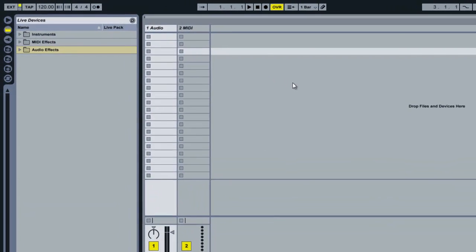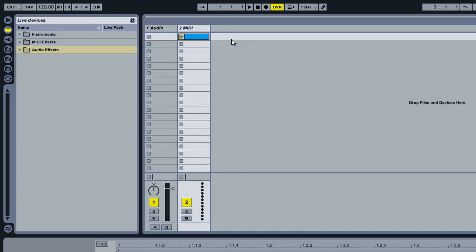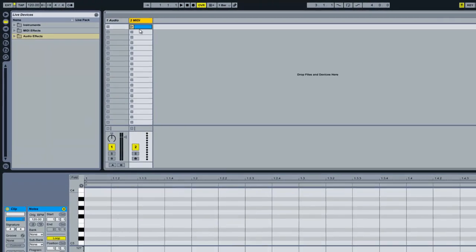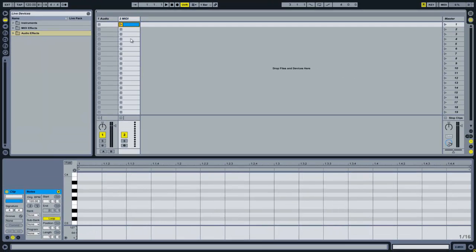So what we're going to do is double click in the MIDI track here. This creates a 1-bar loop. So if I press on this arrow here, it'll play this 1 bar and it'll keep looping. Okay, so we're going to stop this, double click, and then for this MIDI track we are going to click